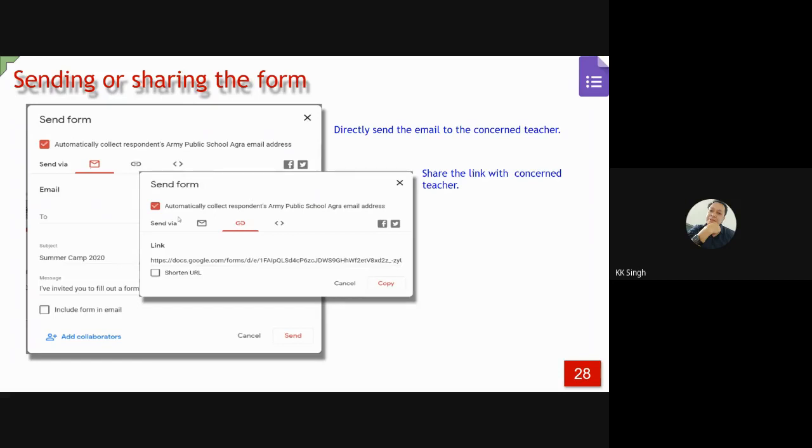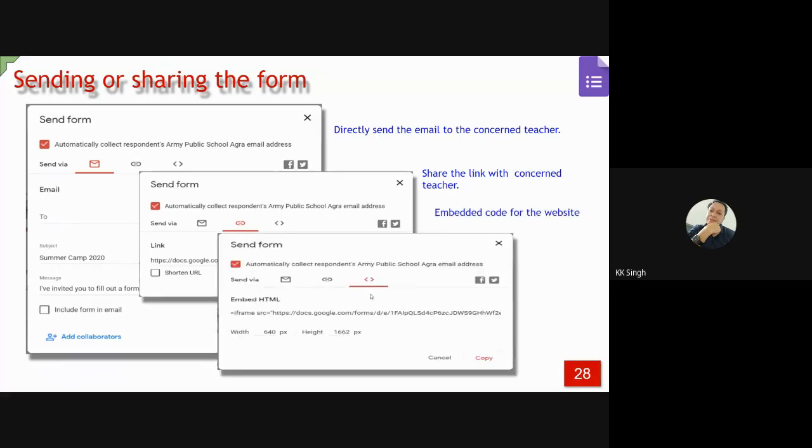So this was email and this is the link. If you click link, Google will give you this kind of link, but this link is quite big. You can shorten it using this option, shorten the URL, or you can use bit.ly, which will shorten this URL even more than Google does.